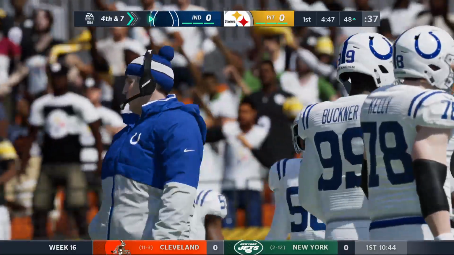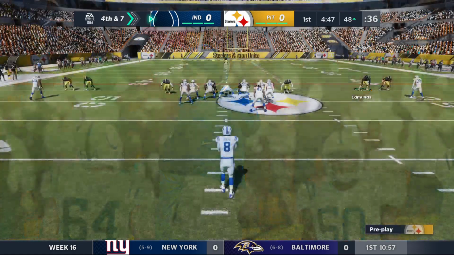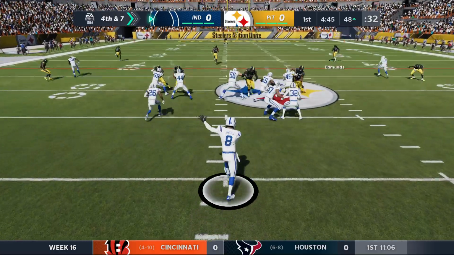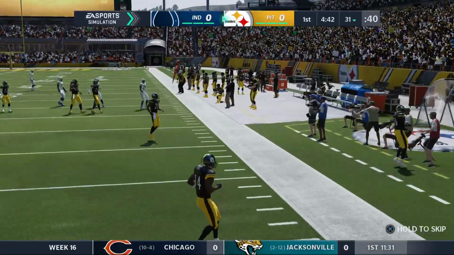Edmonds had a pick 6 last game. We had a little payback on the Cincinnati Bengals last game. They beat us in overtime earlier in the season, and we took it to them, put 42 points on them